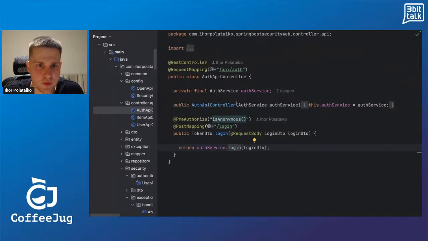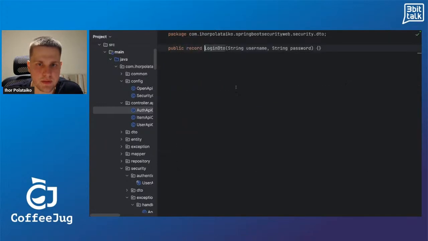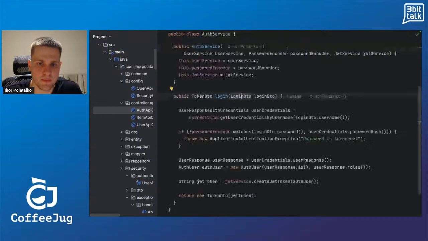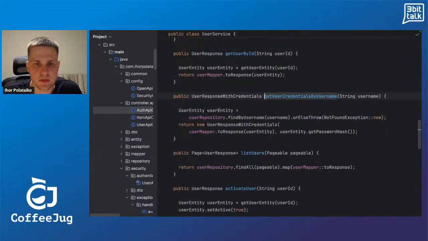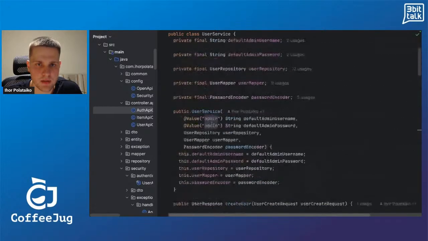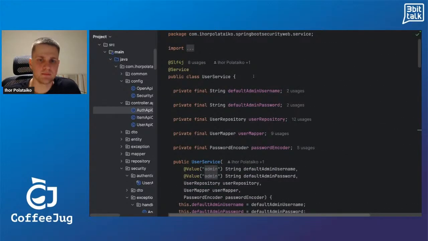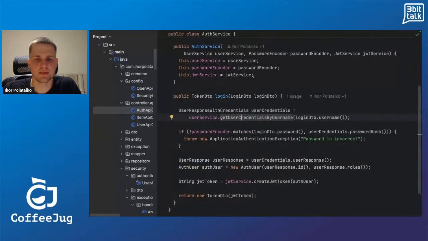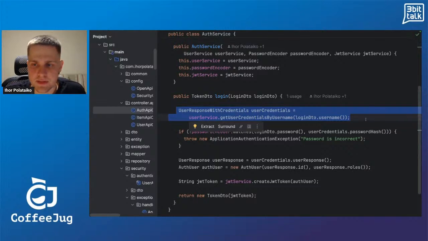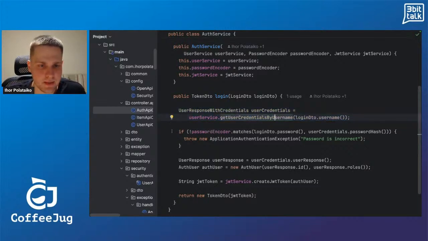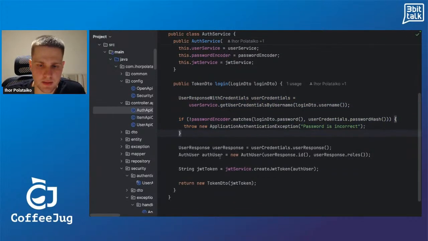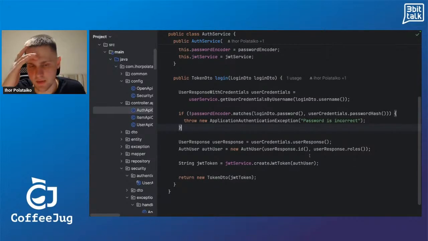One remaining thing which probably makes sense to show as well is the login endpoint itself. So it's just a simple service receiving credentials, in my case, username and password. It does fetch the user using some logic in the service. It's pretty much a regular service, just a place to extract out the code related to working with this logic. And then I'm checking if the password is correct, and based on the data about the user, I'm